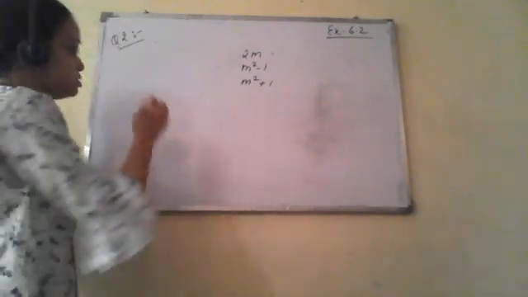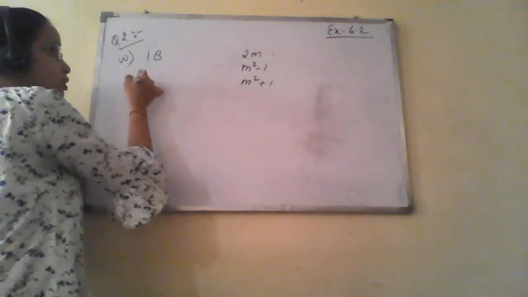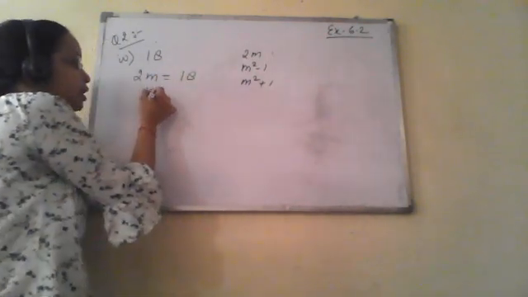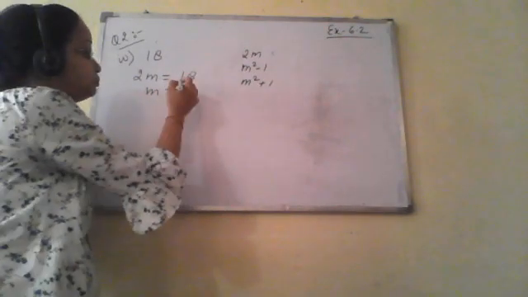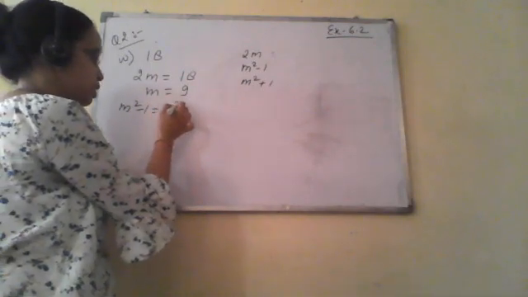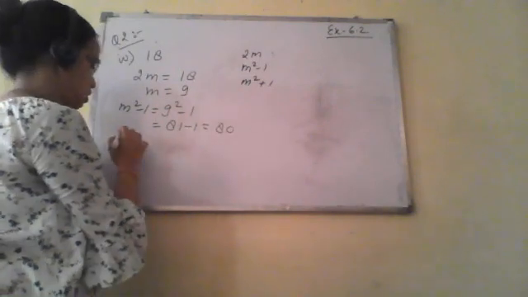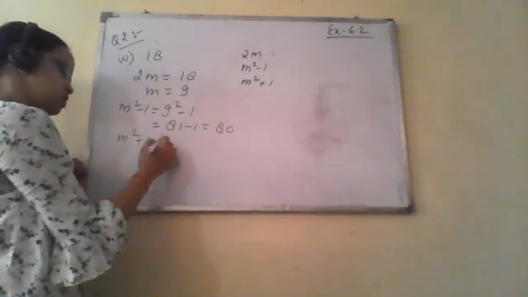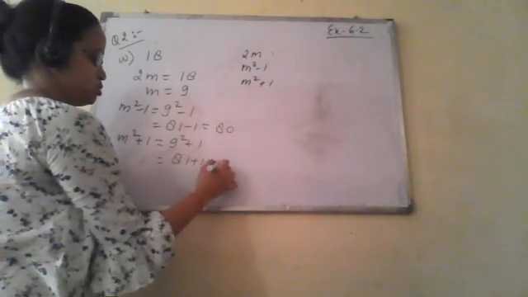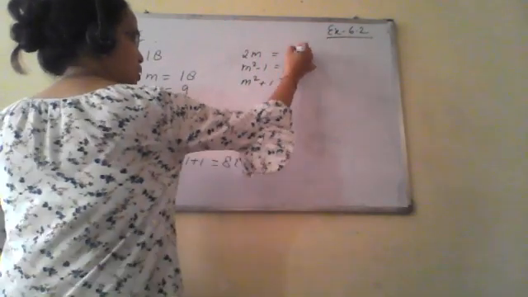Now the last part, fourth part is 18. Again, we will put 2m equals to 18. M will be 9. So m square minus 1 will be 9 square minus 1, that is 81 minus 1, it is 80, and m square plus 1, that is 9 square plus 1, that is 81 plus 1, that is 82. So the triplet will be 18,